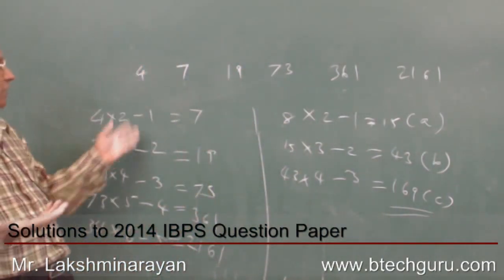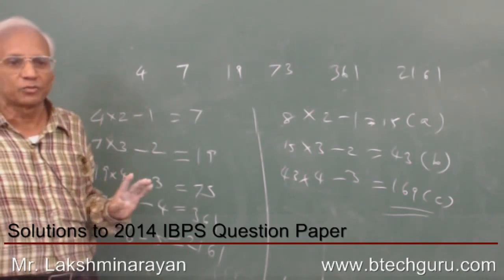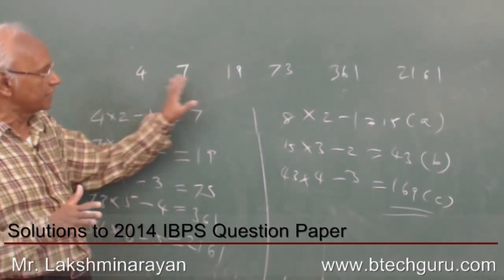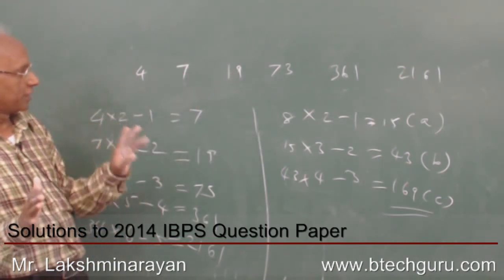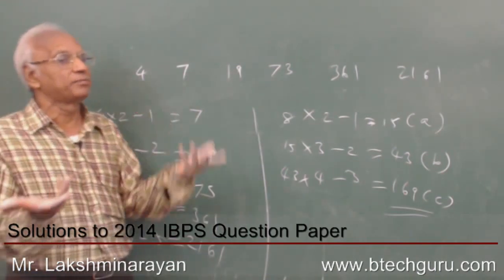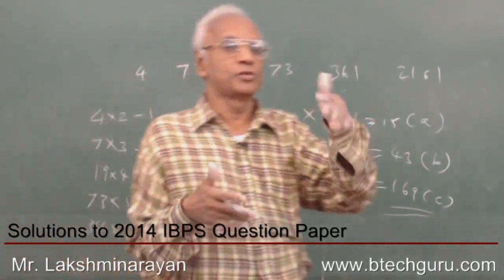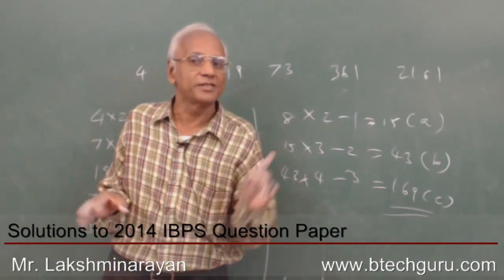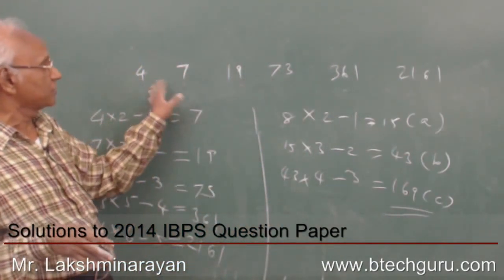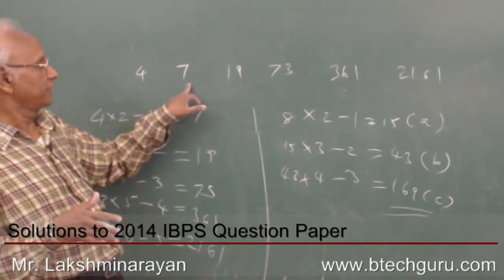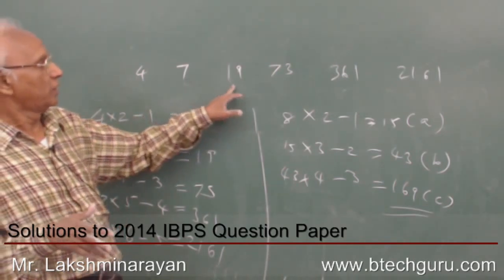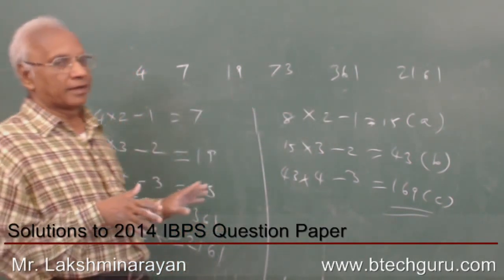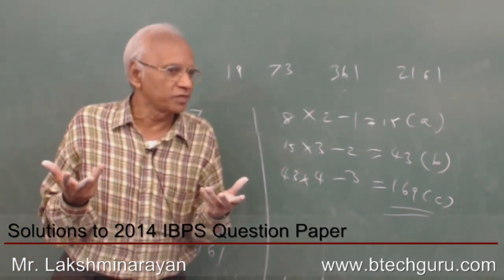Say by looking at it, we cannot say 4 times 2 minus 1, it will not automatically come to the mind. But you can see 4 to 7, 19, 73, it comes like this. So there is an increase, but some sort of orderliness is there. Sometimes it may be very simple, like a normal series of all cubes, all squares, or all differences increasing the same way. That type of series is easier. Here it is not like that. If you find the differences, it will not give any clue. 4 and 7, 3; 7 and 19, 12; 19 and 73, 54. Like that, it will not give an idea immediately.